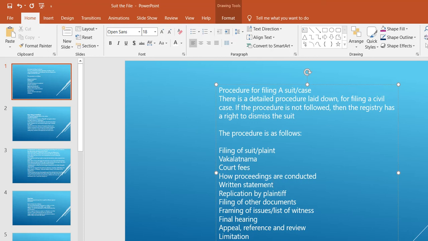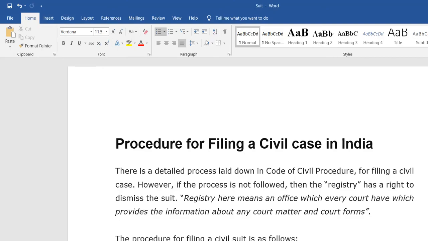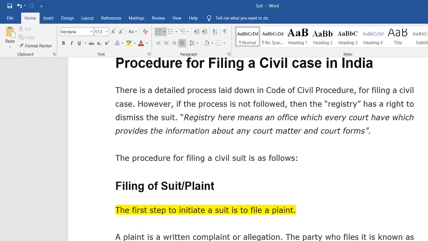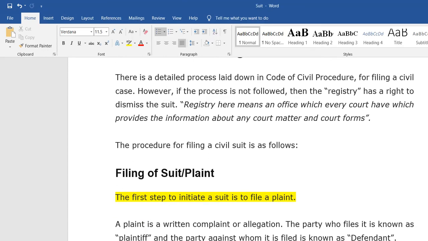So when we are moving to civil cases, the first procedure to follow is filing the suit and plaint.